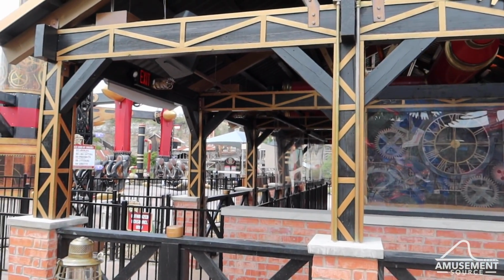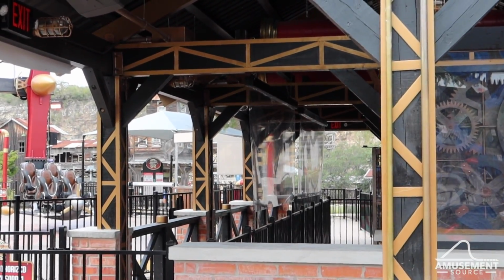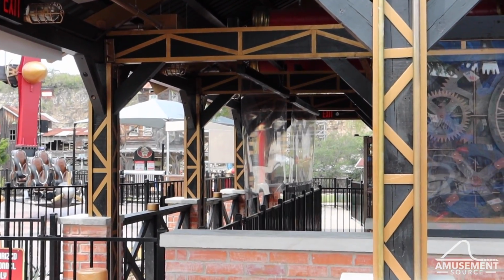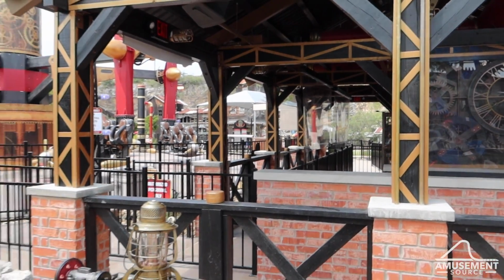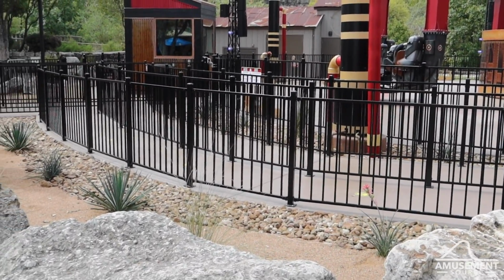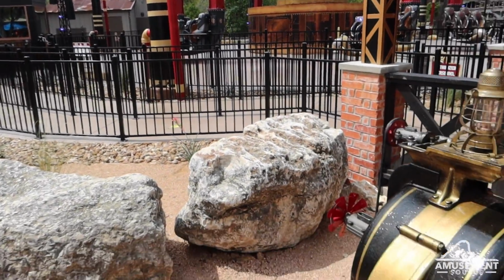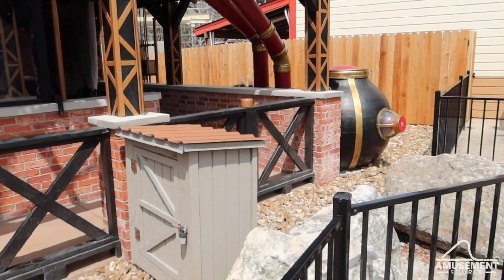Now, one thing that's interesting is that they do have these clear barriers to help with the whole social distancing, spreading of germs. So maybe this will open sooner than we think. They also do have the queue line marked out with the social distancing markers, so maybe this is closer than we actually think. But I love the detail on a lot of the theming here,